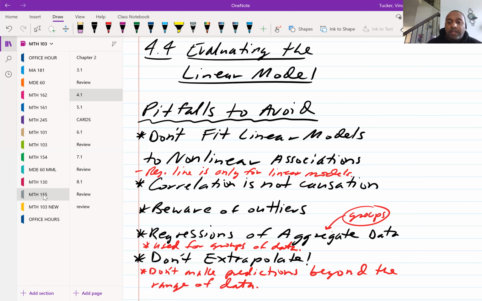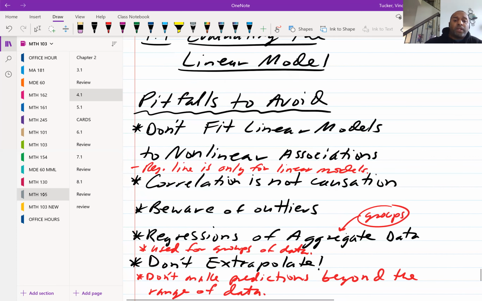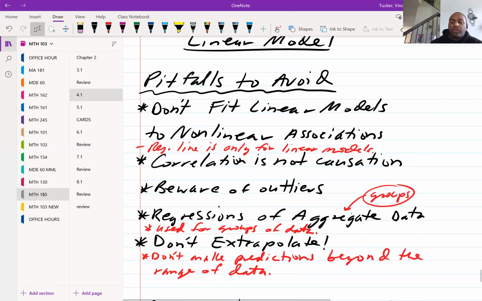Regressions of aggregate data, in other words, groups of data. It's good to be used. In other words, it's good to use for groups of data. And then don't extrapolate. Don't make predictions beyond the range of your data. And what I mean by that is that you're going to have a certain amount of data. You cannot predict past that. So an example that they gave,